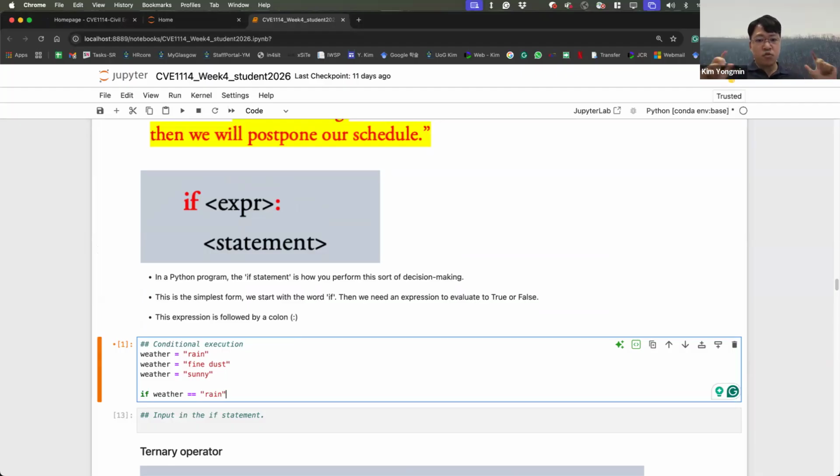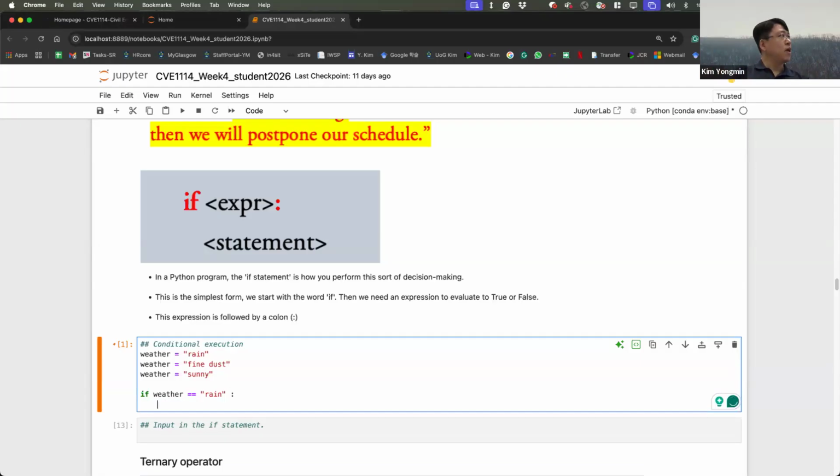So weather equals rain is an expression that evaluates to true or false in a Boolean context. And then I have to finish with a colon. Then after that, print, hey bro, bring your umbrella.